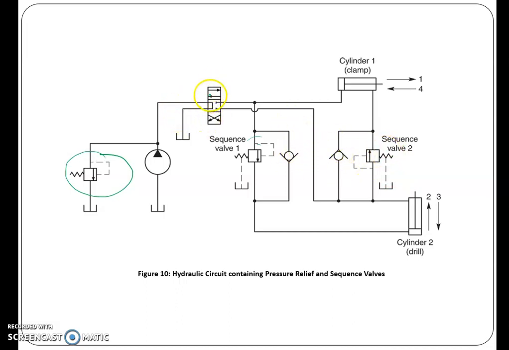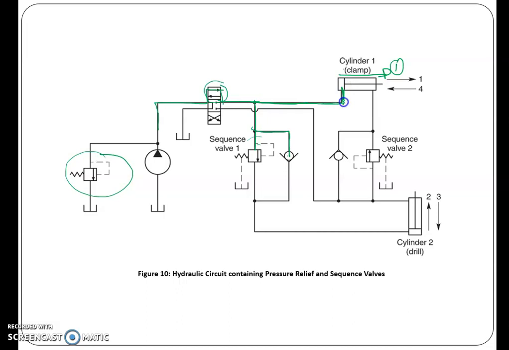So the operation is bila awak activate the DCV to this position. Daripada pump, dia akan flow masuk ke A macam tadi lah. So dia akan flow through here. Kalau masuk sini dia tak lalu sebab dia still lagi close. The pressure tak tinggi, so dia tak akan buka. Kat sini dia memang block. So dia hanya akan flow kat sini. So bila dia flow kat sini, cylinder 1 akan extend. Okay. So bila dia fully extend,